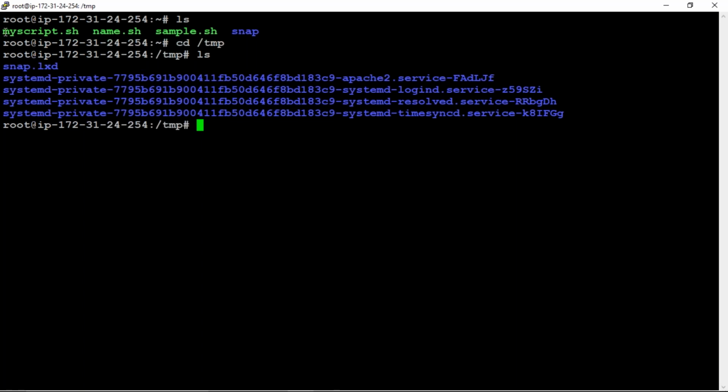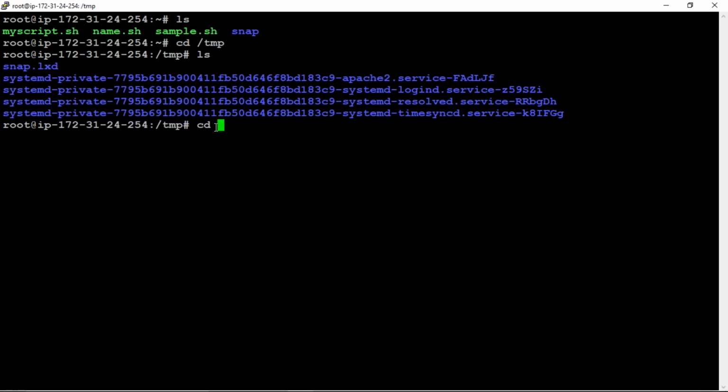Yesterday I created these files in root mode, so that is why they are showing here. I also copied files to this temporary directory yesterday, but today I'm not able to see those files. Why? Because I stopped my server yesterday and restarted it today. That is the reason we are not able to see those files in the temp folder.